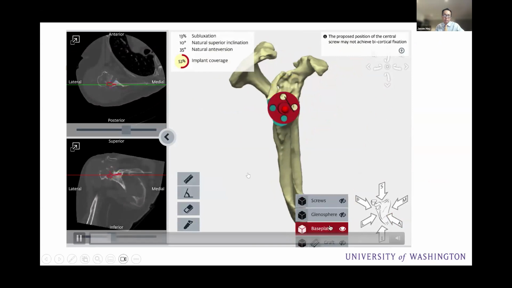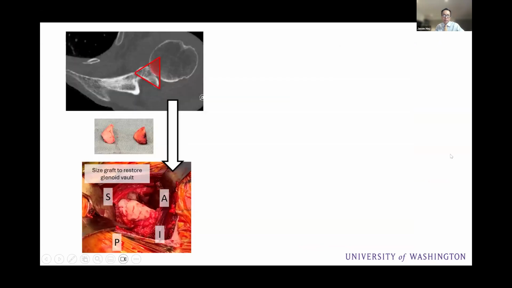And so this is how we approach the case intraoperatively. You can see here on the CT scan, the humeral head has caused a defect into the anterior glenoid. And what we're trying to do here is recreate bone in this defect. It really was created by the humeral head itself. So it makes sense that this concavity is caused by the humeral head, and we can just take the